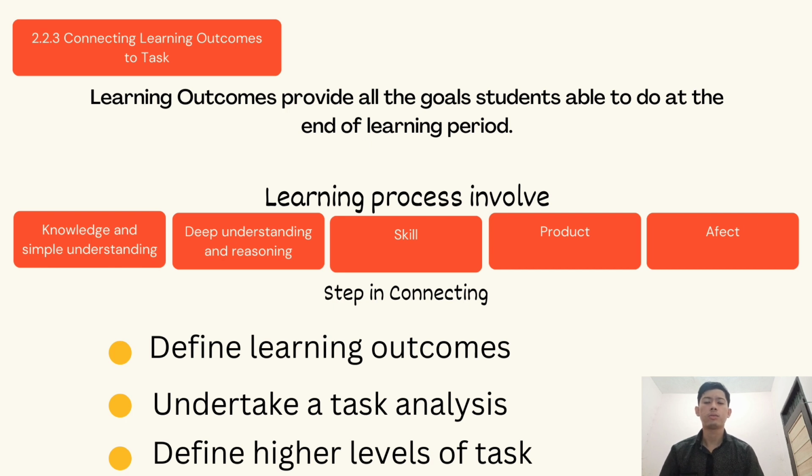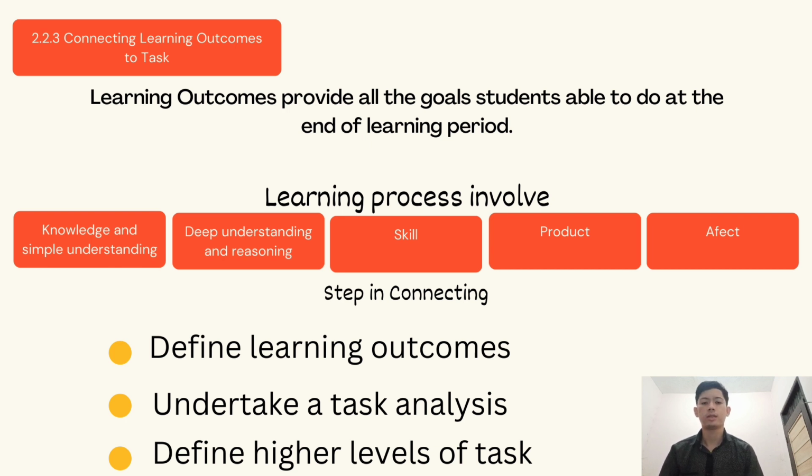And at the end of the learning period, students will be able to do the learning objective. And the second one is undertake a task analysis, which can begin with listing the more details of what the students will be able to do at the end of the learning period. And also in this step,